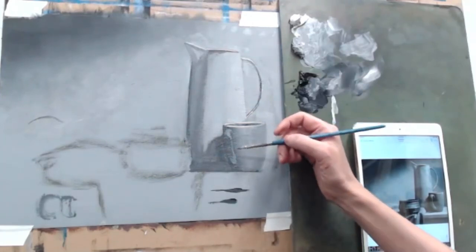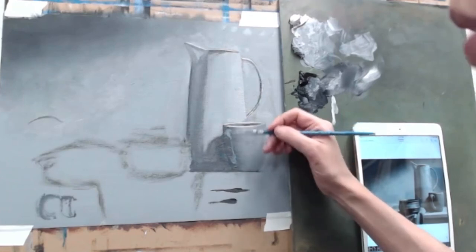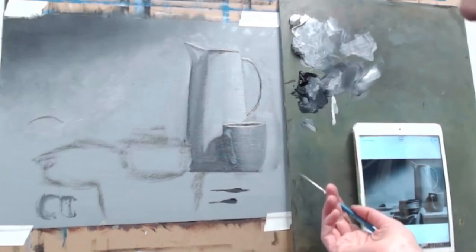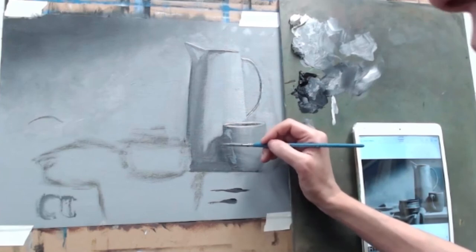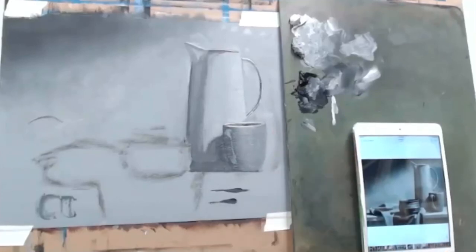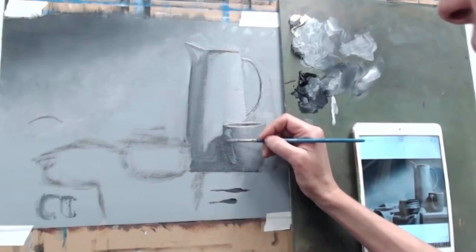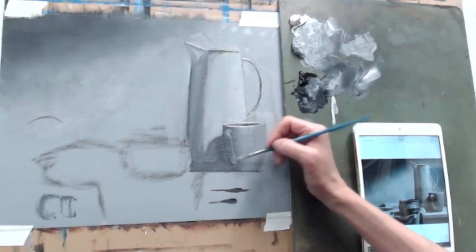If you look at the shadow on the top of that handle, it's basically the same as the shadow around it. So why do we need to add anything to differentiate it? We really don't. It's the same as how the shadow values on the water pitcher and the side of the cup are basically the same, and we only have these little indicators of where the edge actually is. I think in the handle, we have even fewer indicators. Maybe there's a little bit of light on this edge, a tiny bit of extra light, which is different than the value behind it. So maybe I'll put in a tiny bit of that, but I think it might even look better without